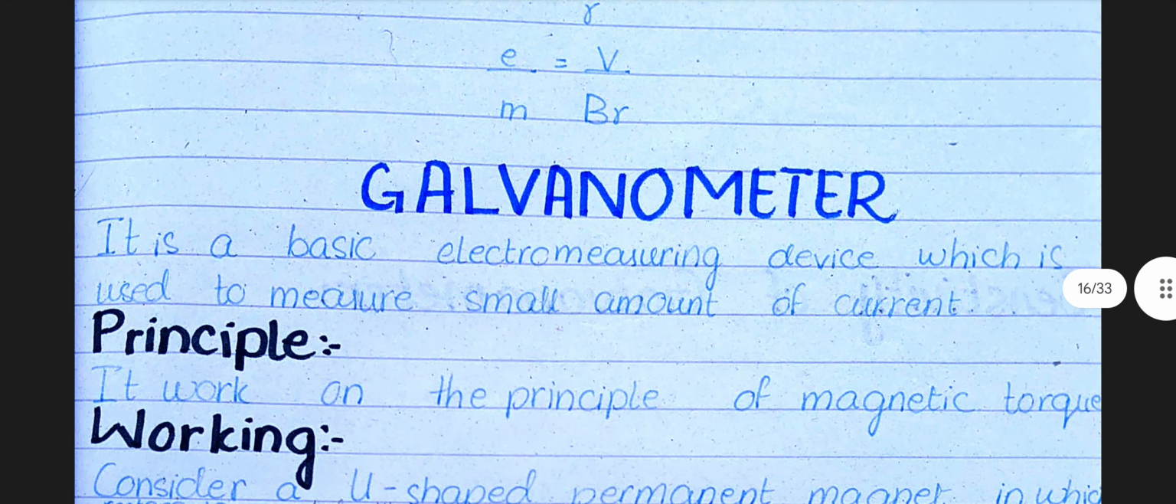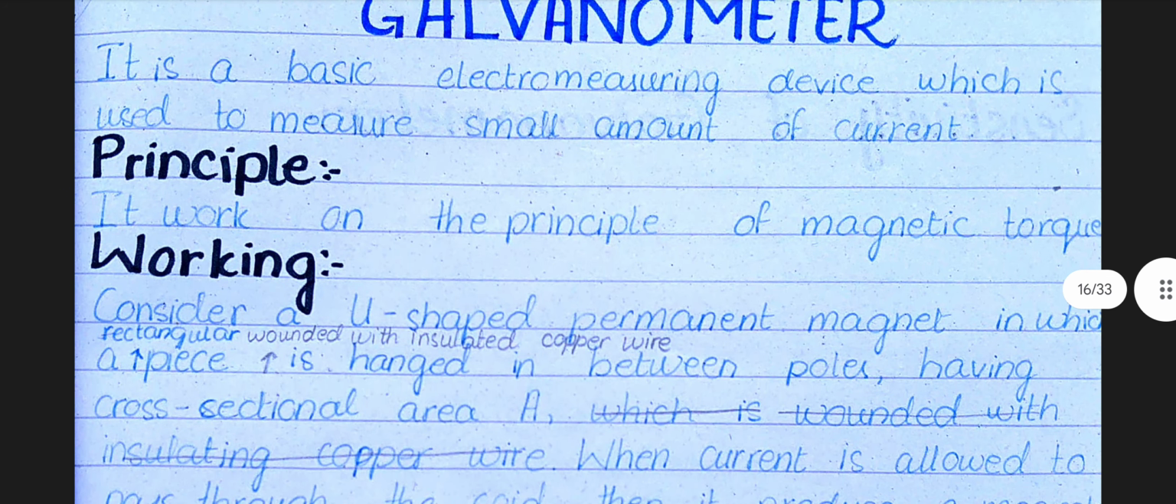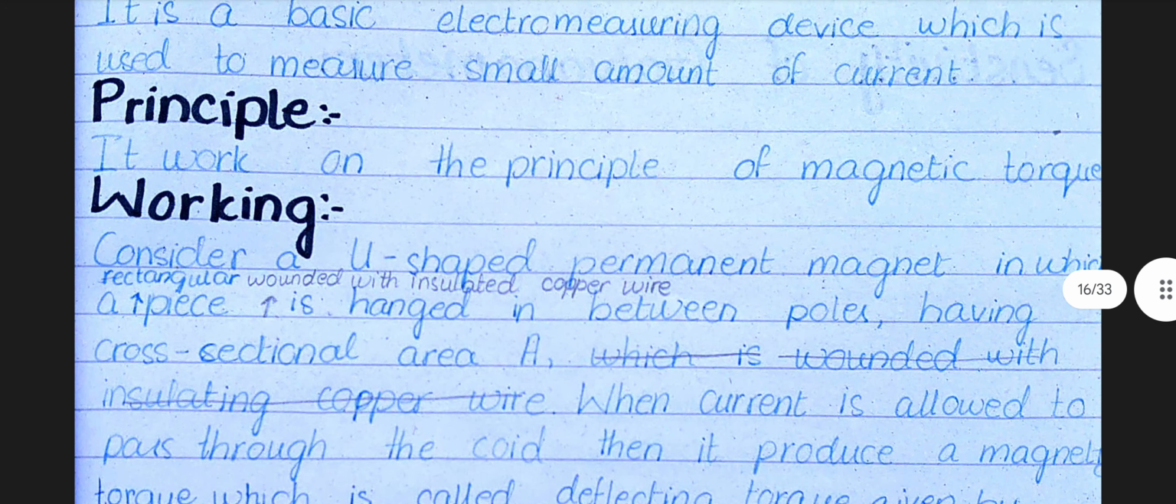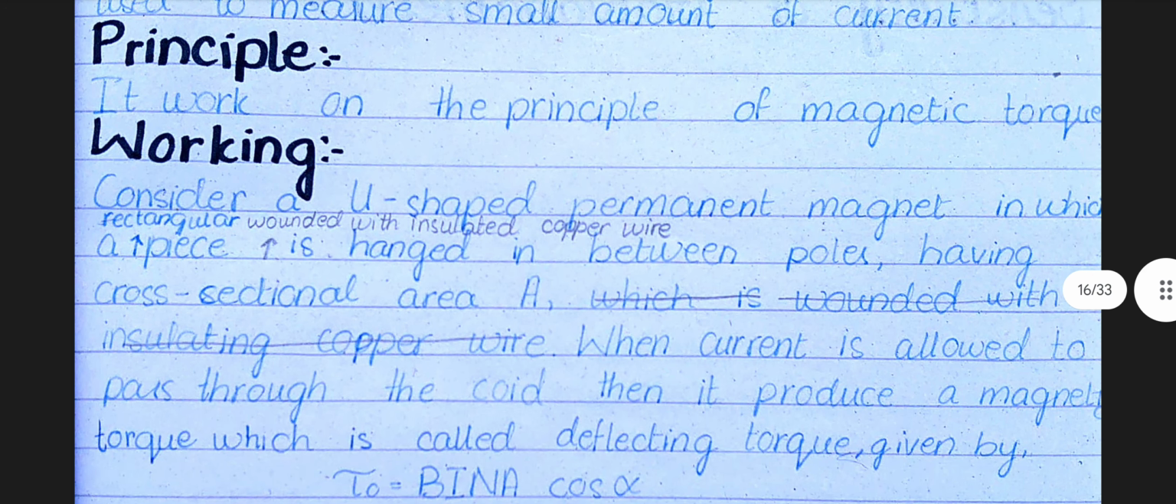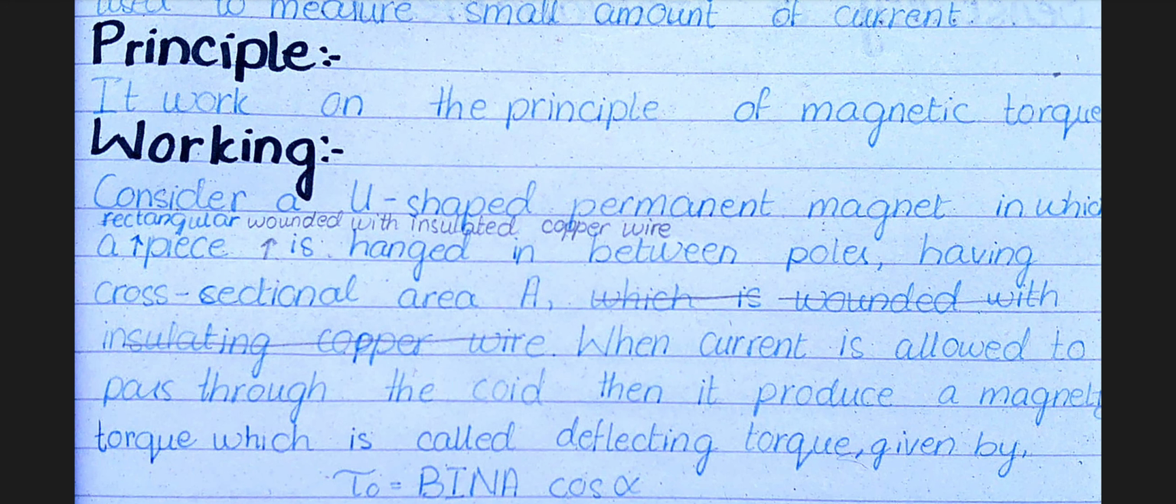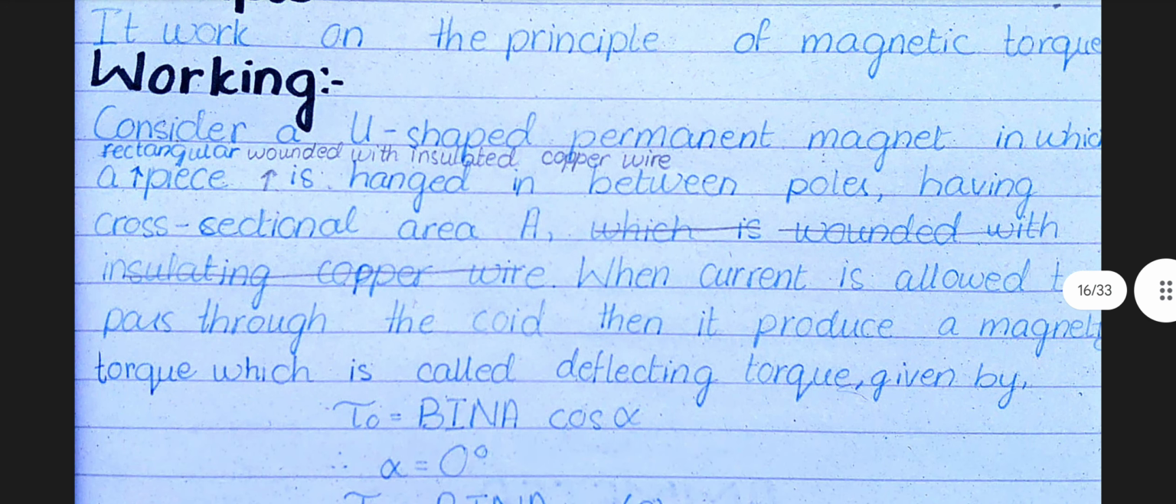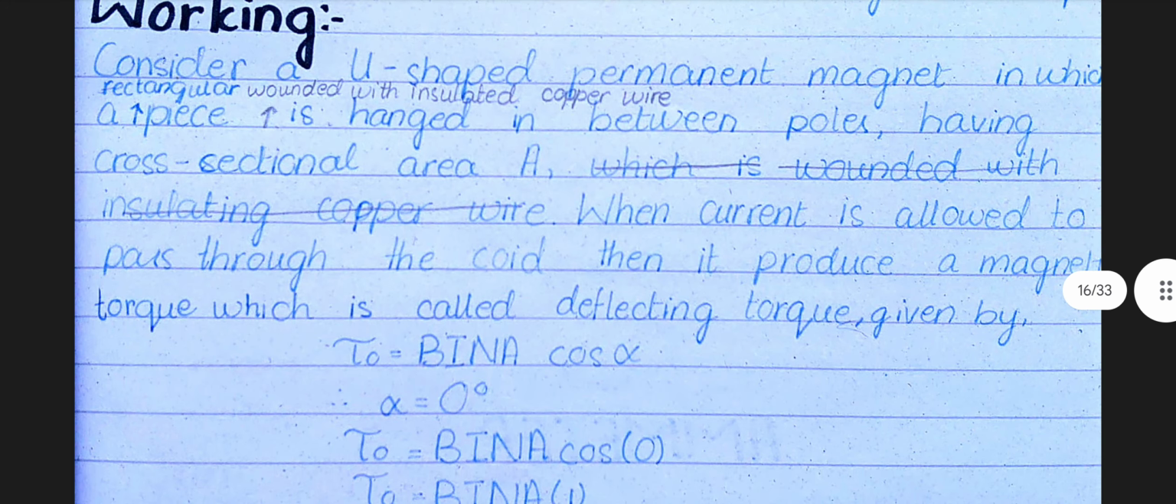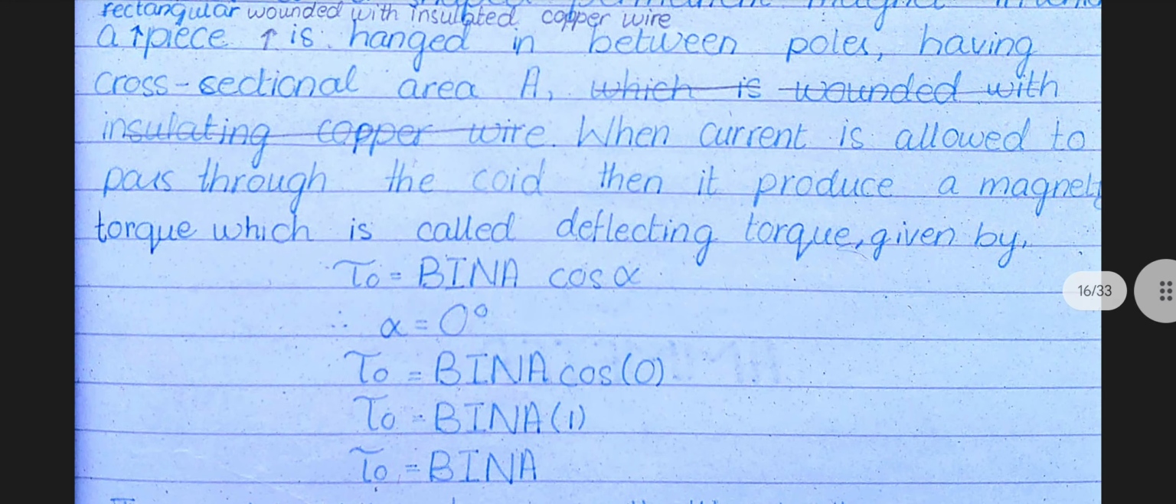Galvanometer. It is a basic electro-measuring device which is used to measure a small amount of current. Principle. It works on the principle of magnetic torque. Working. Consider a U-shaped permanent magnet in which a rectangular coil wound with insulated copper wire is hung between poles, having cross-sectional area A. When current is allowed to pass through the coil, then it produces a magnetic torque which is called deflecting torque,